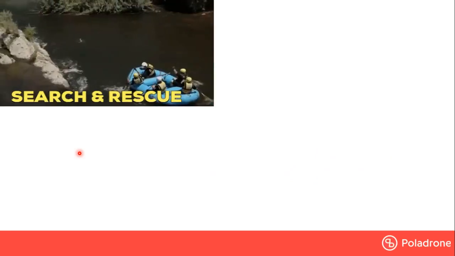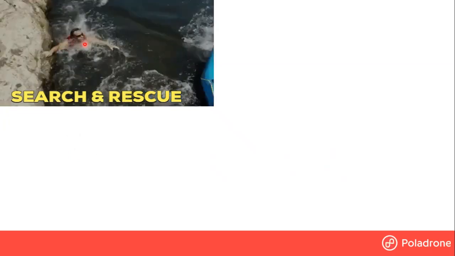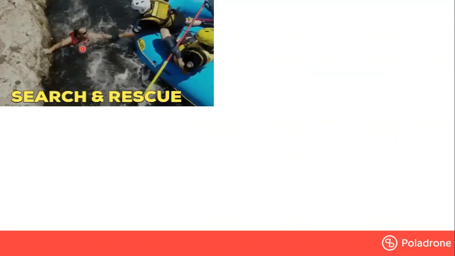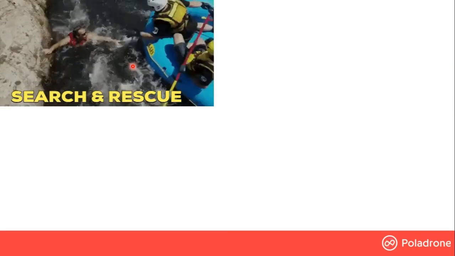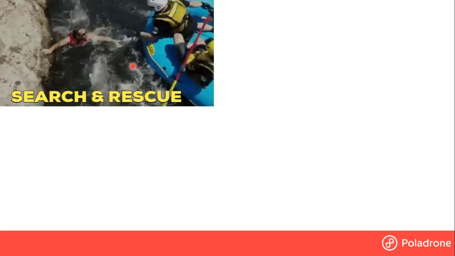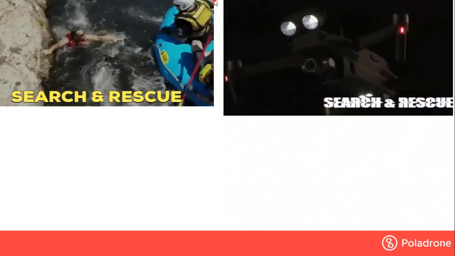So here are some of the scenarios you can use the drone for. The small drone you see here is attached with a speaker. Basically, these people are kayaking and almost drowning. So once you deploy the drone and you find the people, you can directly broadcast a message like, can you keep calm because the people are coming to save you. So you give the person a better understanding of the situation and he will not panic.